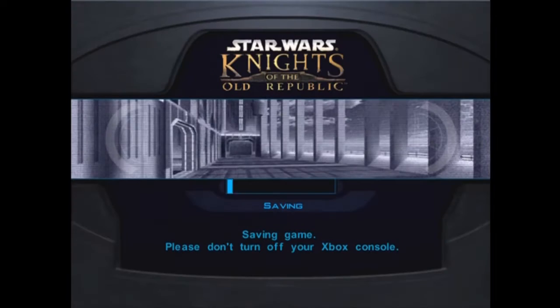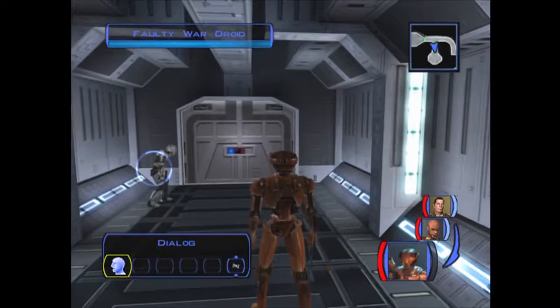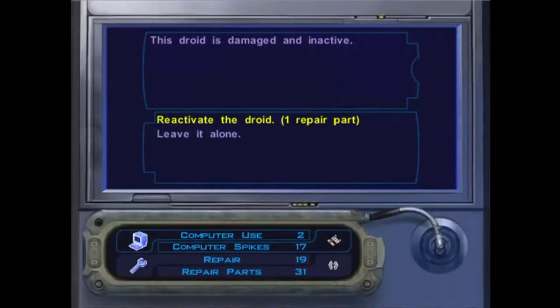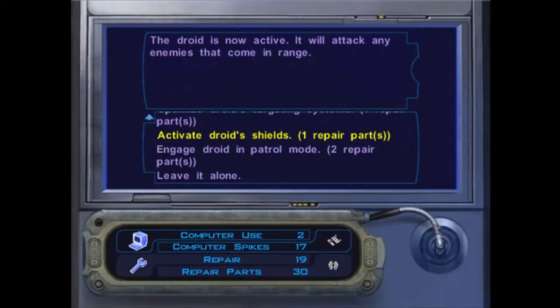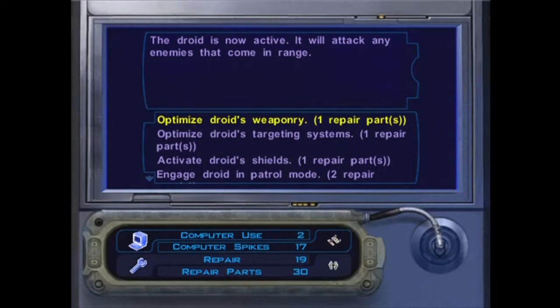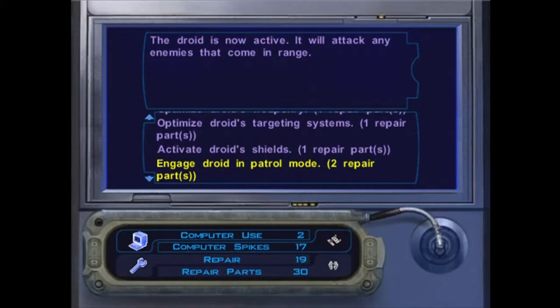That was my save file from before to see what alternate options for entering the base were, but they didn't seem to pan out too well either way. Alright, let's reactivate him. We want him on patrol mode so you can at least see. I've got plenty of repair parts. Let's put him in patrol mode,